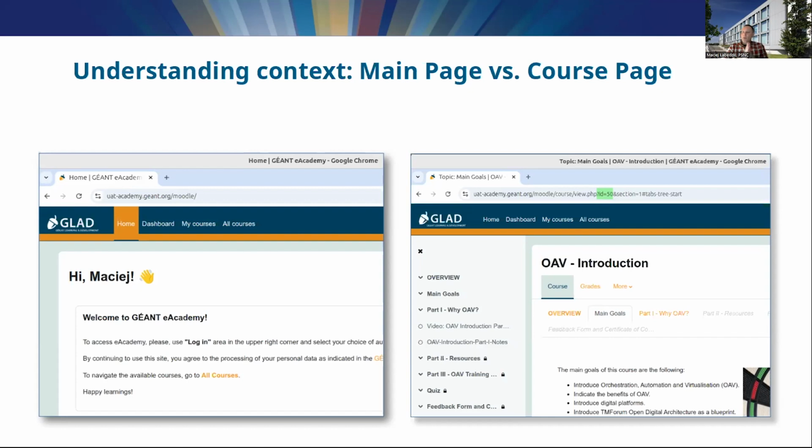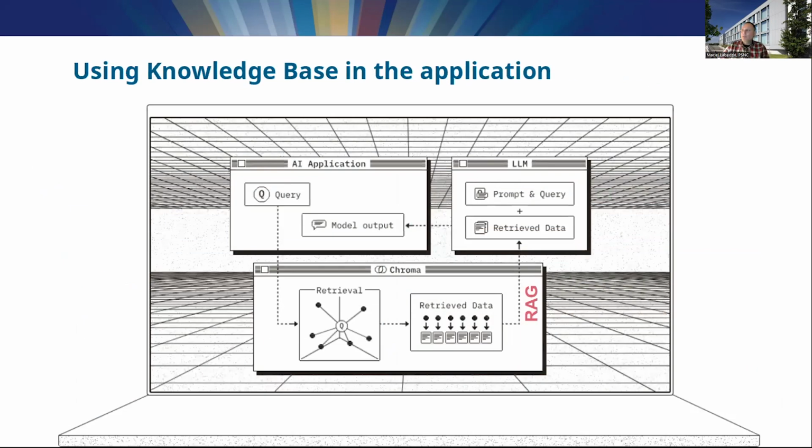A special design to knowledge base management is needed to achieve a flexibility that is necessary to implement different replies depending on the context. How has this flexibility been achieved? The implemented solution is powered by large language models, RAG, and ChromaDB, and it works in the following steps. The user inputs a query or question into the chatbot. The query is converted into a numerical representation, embedding, using a technique like sentence transformers. This will be better shown on the next slide.